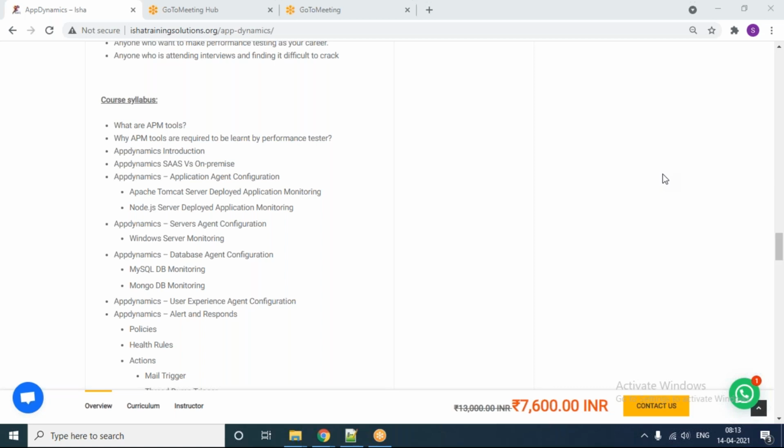You are not providing a proper load, or you are giving a heavy load to the system. Your assumption is wrong. Like that, you can make a decision. That is the reason I asked this question. Whether the assumption that you are making is proper or not can be identified using your APM tools. Any questions guys till now?